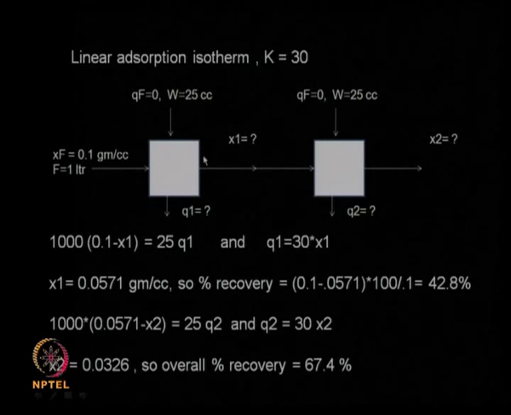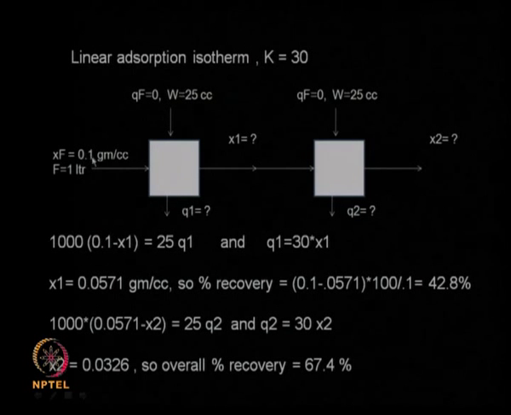You can have multiple stages, you can have 3, 4, 5 and so on actually, and here in each stage you are adding fresh adsorbent, that means QF equal to 0, that means the concentration of the solute adsorbed that is introduced is 0, that means it is a fresh adsorbent. So in this 2 stage process our goal is to find out what is the overall efficiency of the adsorption process. That means we need to do a mass balance here, calculate the concentration of the solute that is leaving, and then you do a mass balance here, and then you can calculate the concentration of the solute that is leaving the second stage,